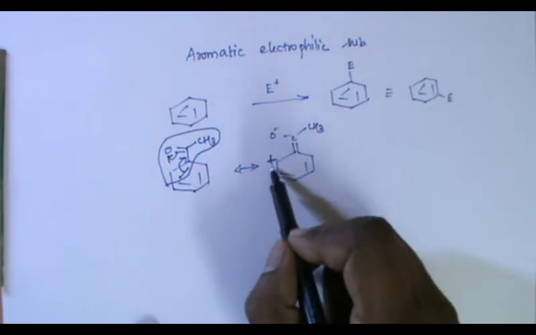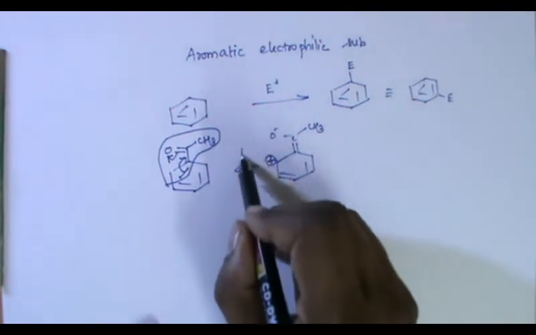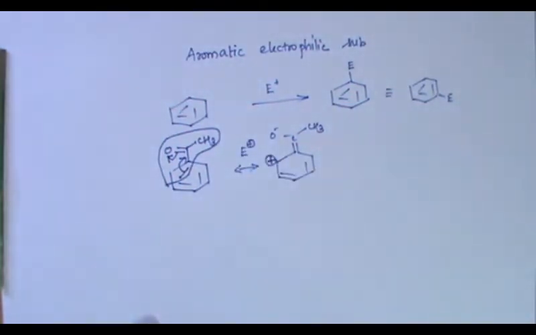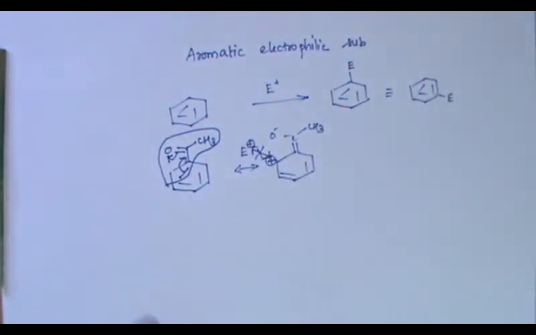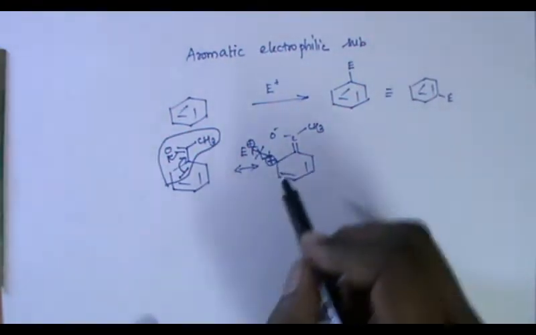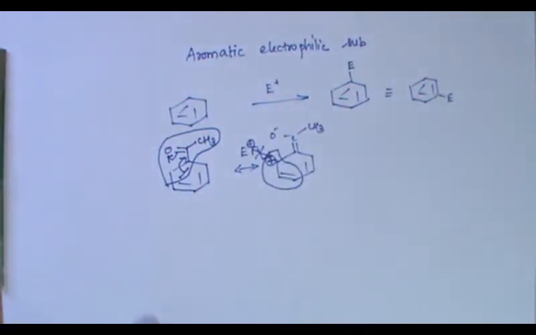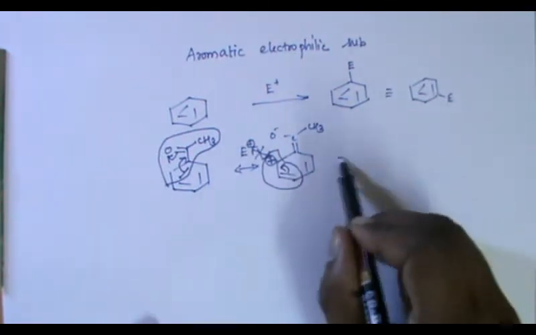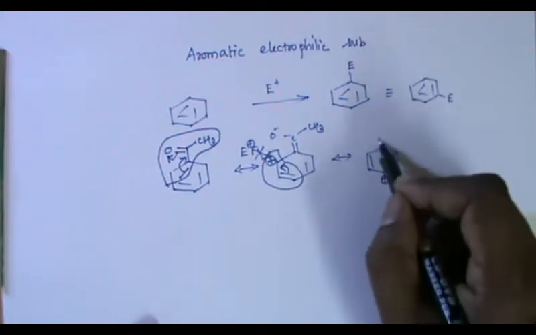Now we can find a positive charge on this carbon, that is the ortho carbon to this carbonyl group. This plus cannot attack another plus charge, that is the electrophile. So there won't be a reaction between this positive charge and the electrophile. So the electrophile cannot be added on this carbon. Further, look at this. It is equivalent to allyl cation. So this may migrate further to give this species.